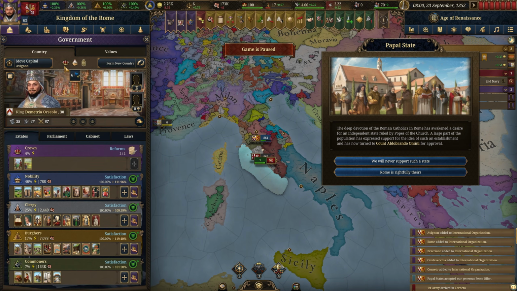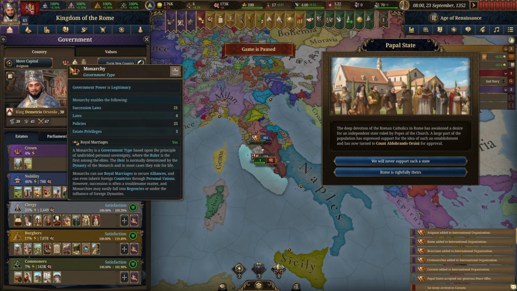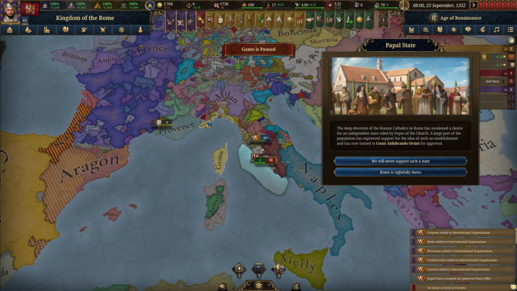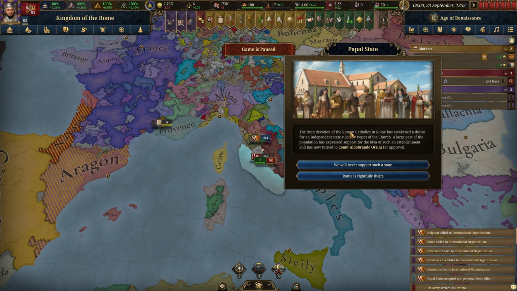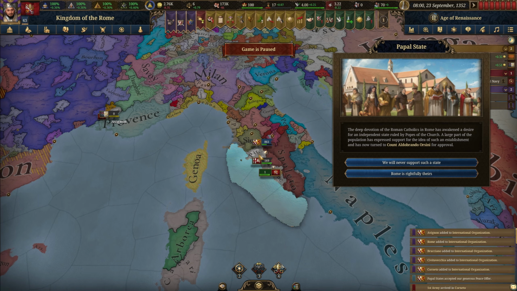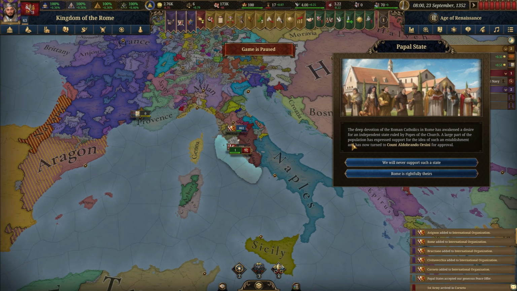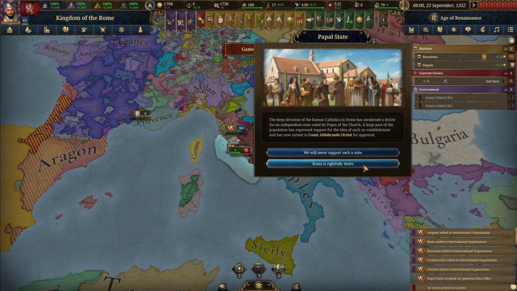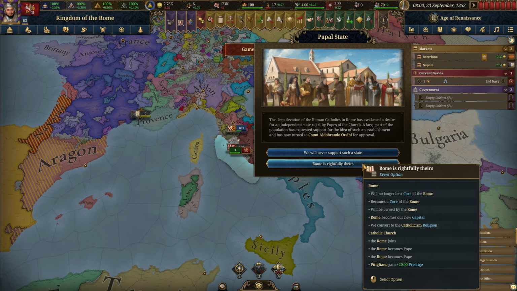You can see monarchy, Papal States. Now, very important that you don't click escape at some point, because this event shouldn't be there. This event should be an event for my previous nation. So if you click escape right now to get to the menu, for example, this event is going to go away, okay? So what you need to do is to immediately choose this option down here, which will then actually